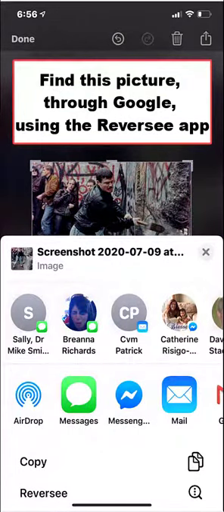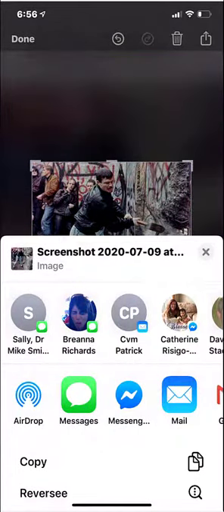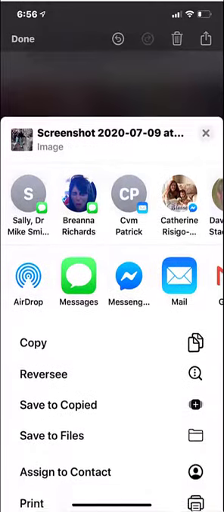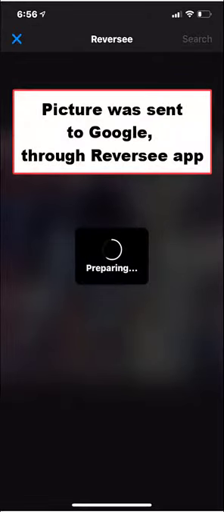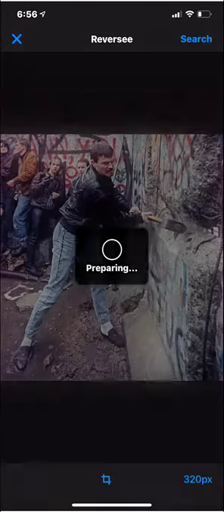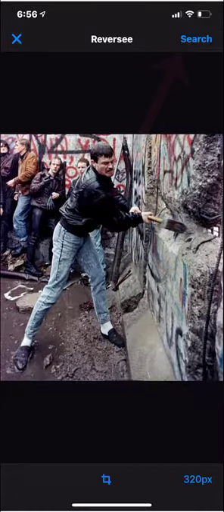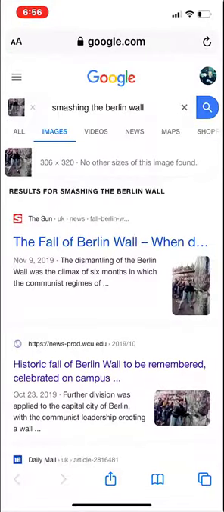Well, I could file that and save it someplace, but I've actually set up my machine so that Reversee is one of the options that I can send that picture to. So the picture goes through Reversee, which takes a minute unless you pay Reversee. And then in the upper right-hand corner, if you press the search button, you'll see that Reversee will send the